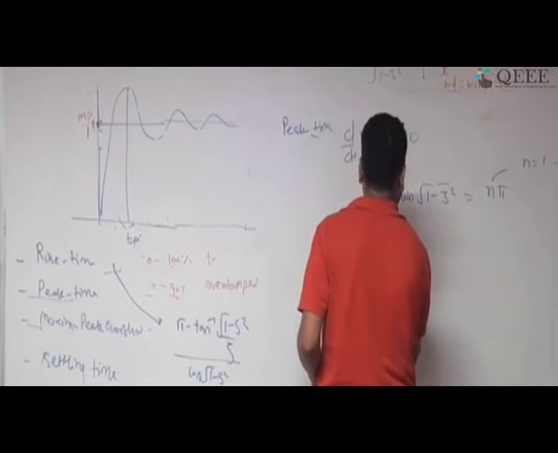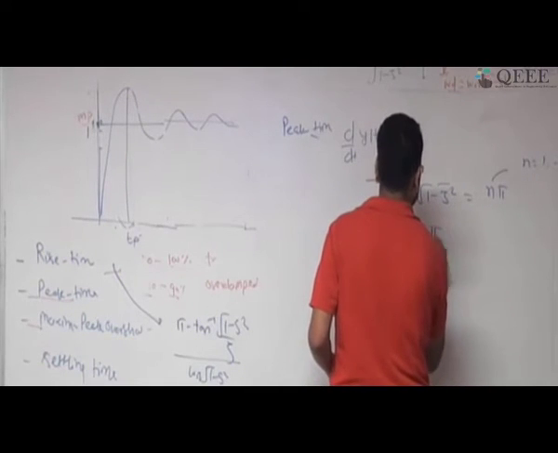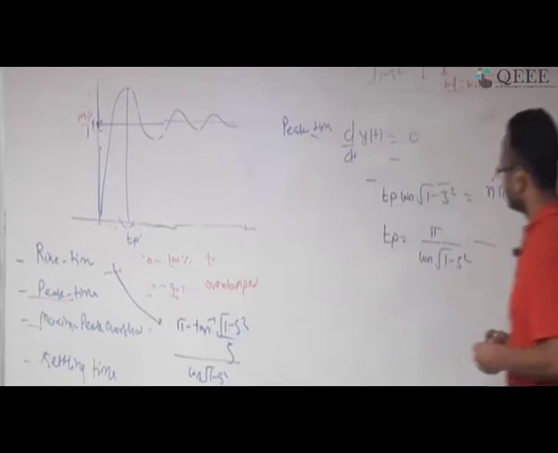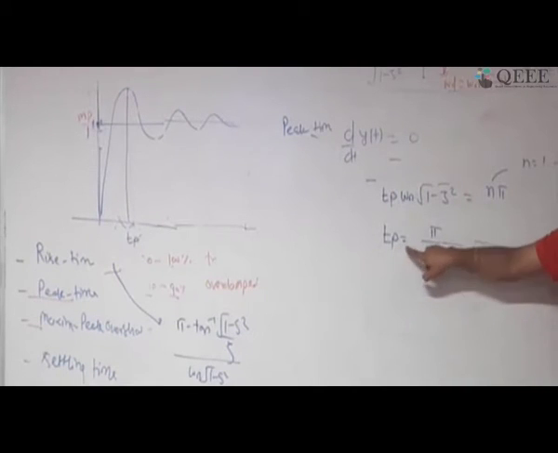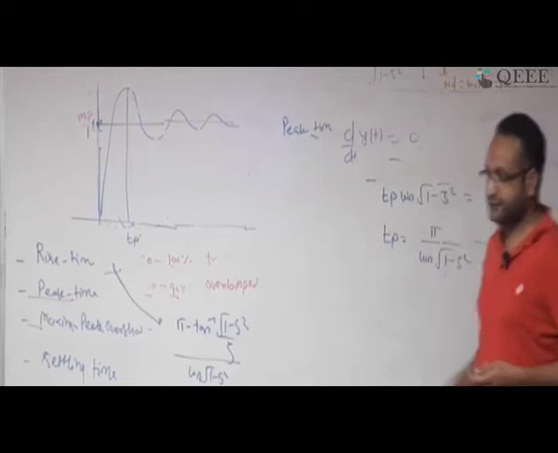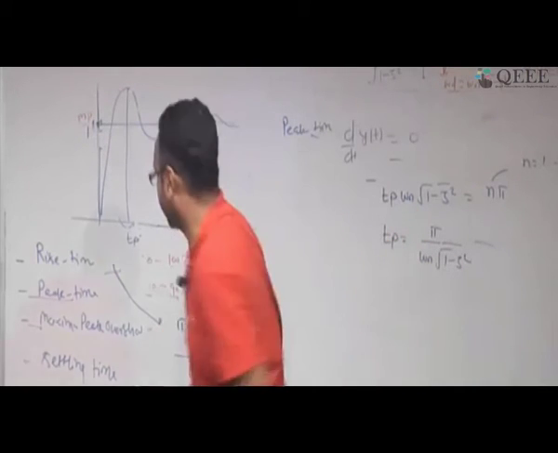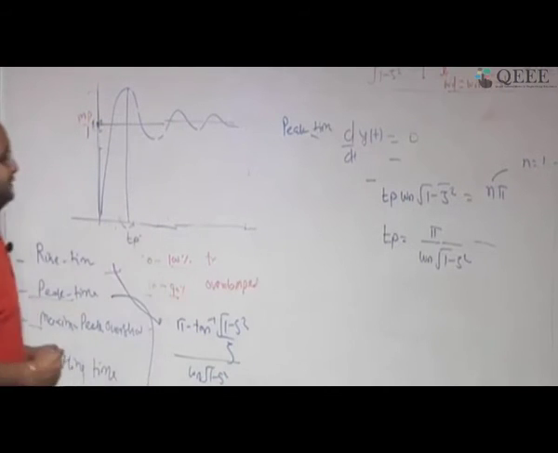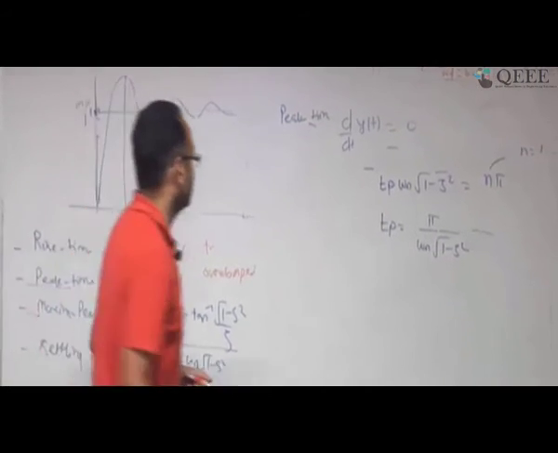This is my peak time, and peak time is Tp equal to pi divided by omega n root of 1 minus zeta square. Okay, this is the peak time. Okay, fine. So this is my peak time, the second term which I am using, and I wanted to write it here. This is peak time.